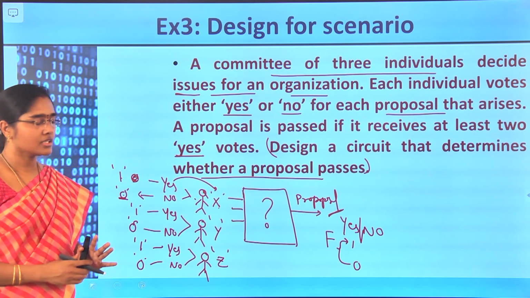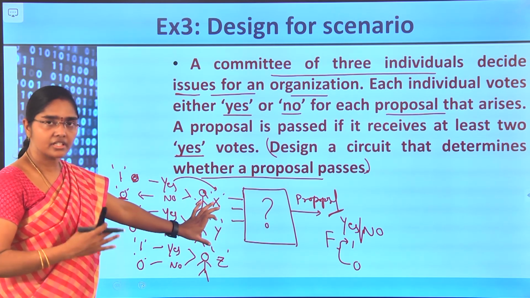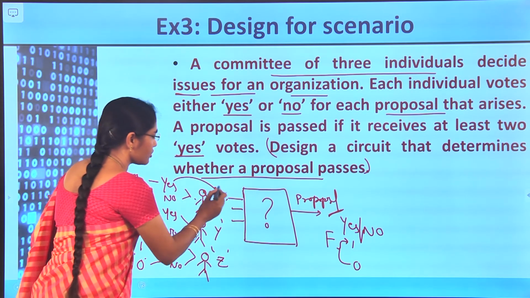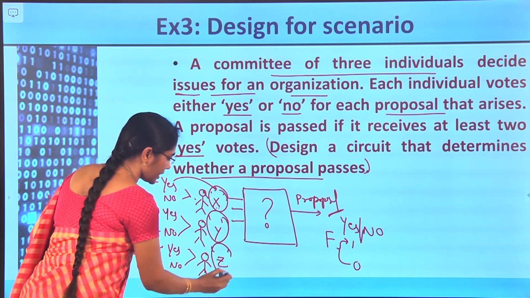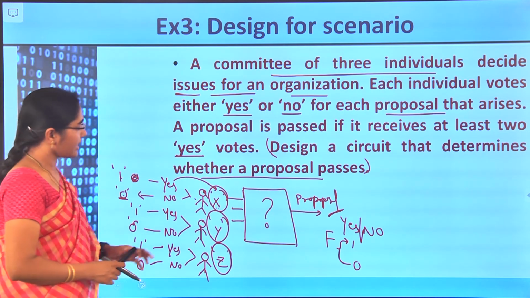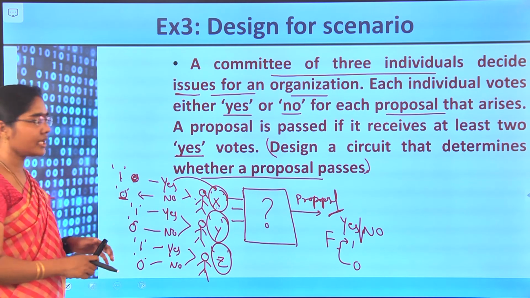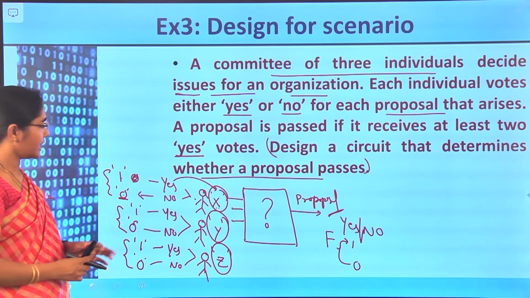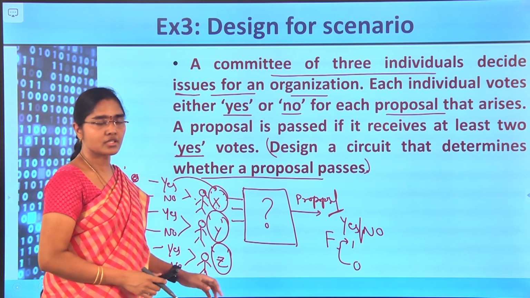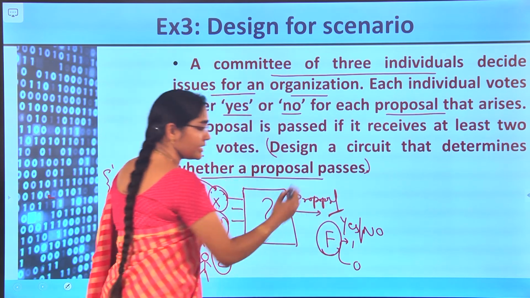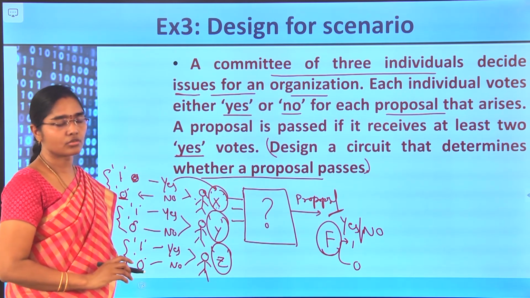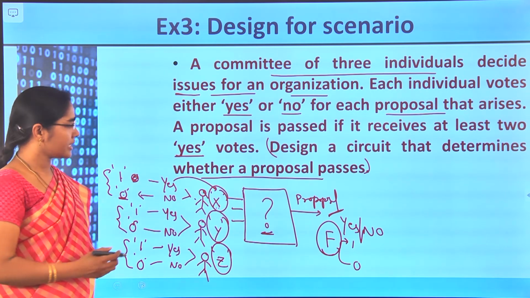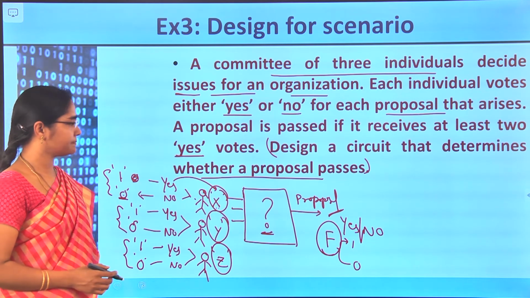This is the problem statement. The problem statement is just 3 individuals, which in our digital language or design procedure means 3 variables. Here we have taken those variables as x, y and z, and these 3 variable values may be either 0 or 1. Depending upon these x, y, z values, f is going to be decided, that is either 1 or 0. In such a fashion, design a circuit. Okay. Let us do it by following our procedure.